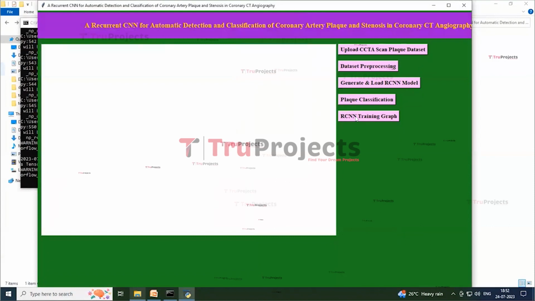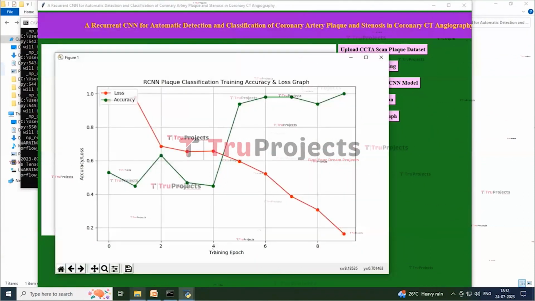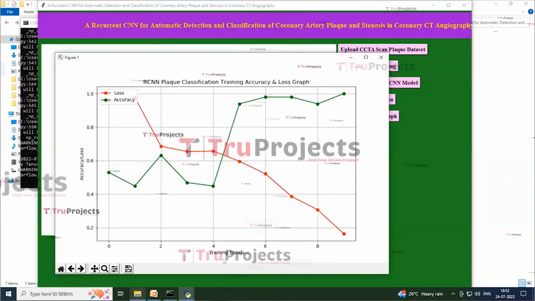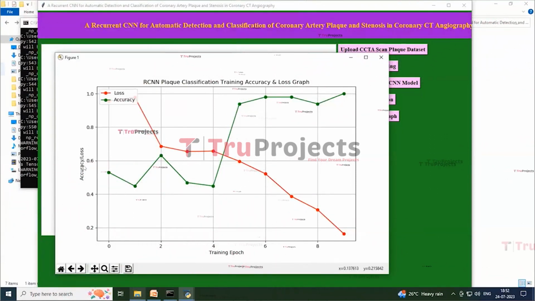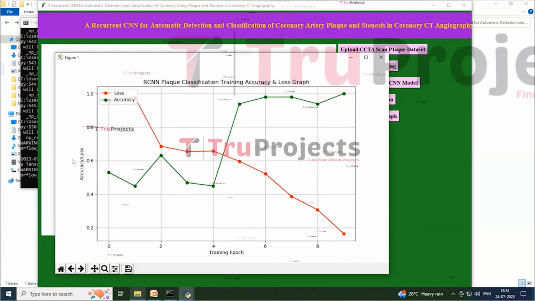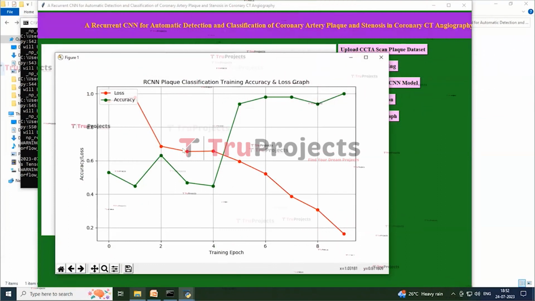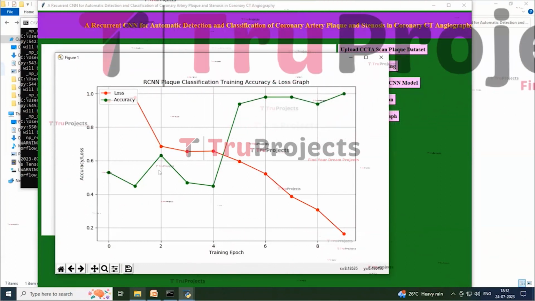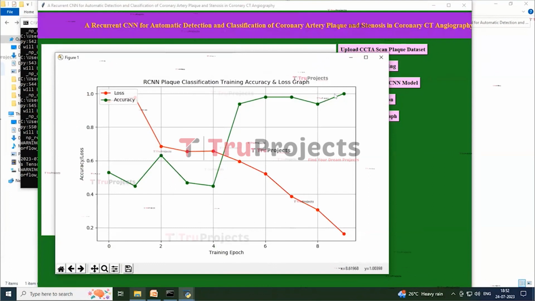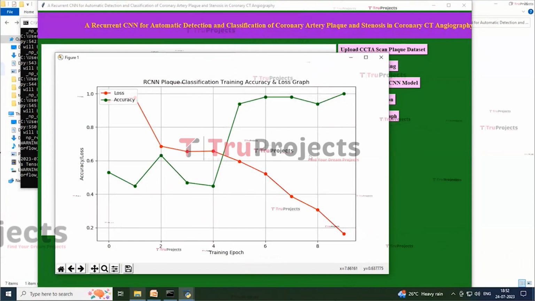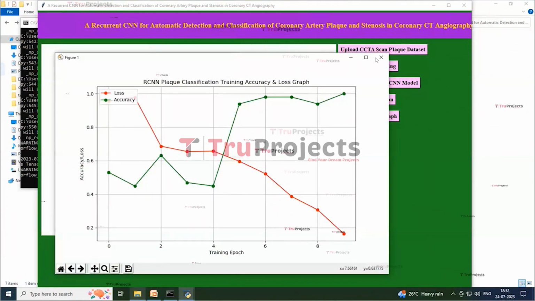Now click on RCNN training graph button to get the graph. Here you can see the x-axis represents images, whereas the y-axis represents accuracy and loss values. And here the red line represents loss, whereas the green line represents accuracy. And in this graph we can see with each increasing iteration accuracy got increased and loss got decreased. So after closing this project,